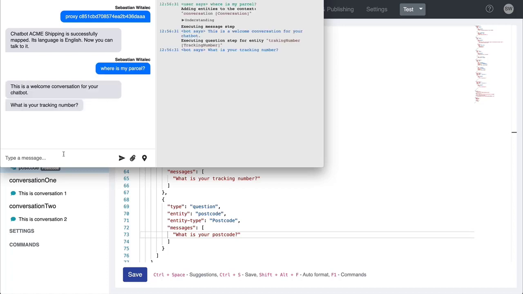And the chatbot will respond with a welcome message. This is usually what happens with just a test console, but it also asks for the tracking number. So if I say something like, this is not a valid